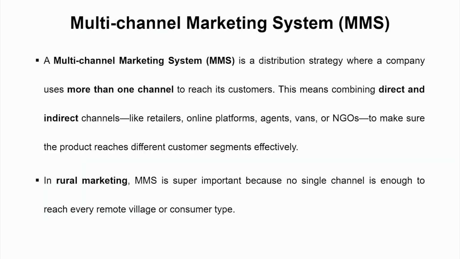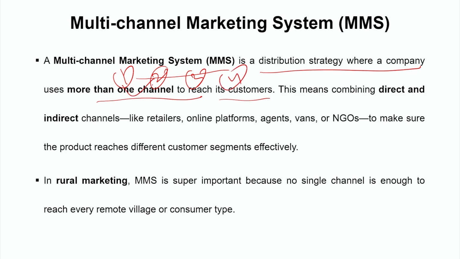Third, the multi-channel marketing system. In this, what are we going to see? The distribution channel strategy where a company uses more than one channel to reach its customers. Means it is not only one channel, they are going to use 1, 2, 3, whatever. It could be 1, it could be 2, it could be 3, it could be 4. And the combination of this, why do they do so? Because